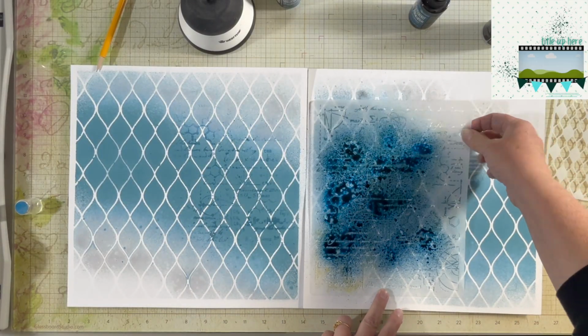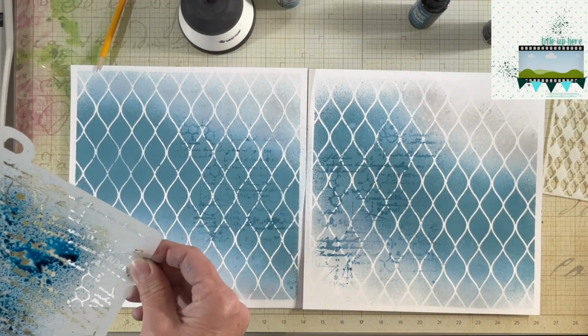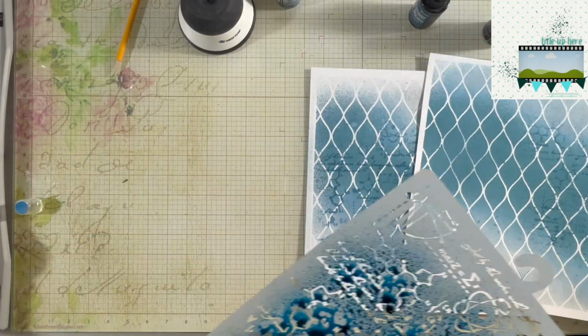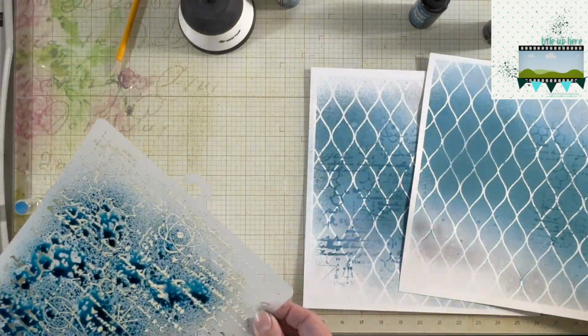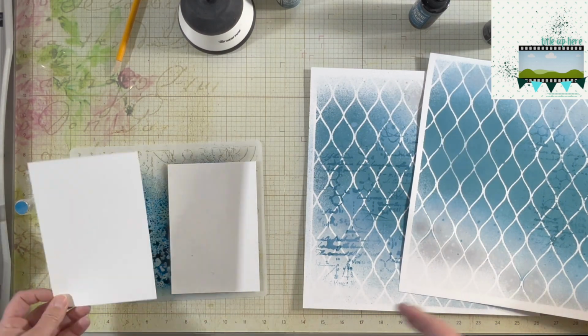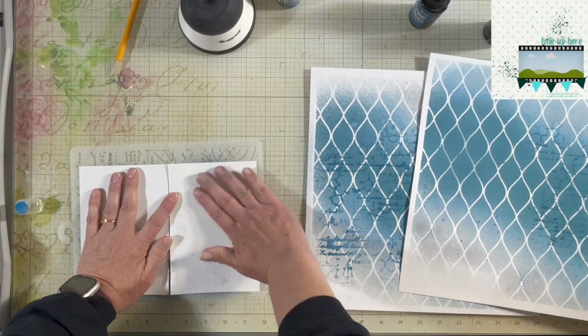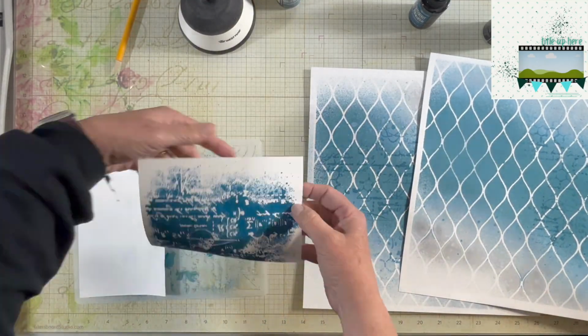Now I am taking more of that Uncharted Mariner, but this is the regular Uncharted Mariner, not the oxide, and I just sprayed it through a stencil to give an additional layer, and I'm not going to let any of that go to waste. I'm going to pick it up with a couple of 4.5 by 6.5 inch photo mats,